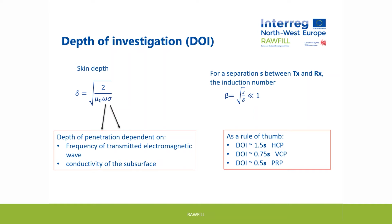In any way, there are some rules of thumb that we can use to have an idea of the depth of exploration of the device we're using. For example, for a horizontal coplanar configuration, the depth of exploration is about 1.5 times the distance between the transmitter